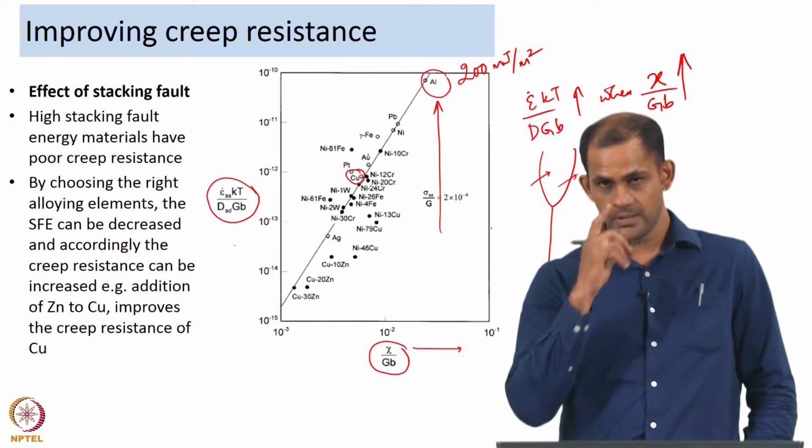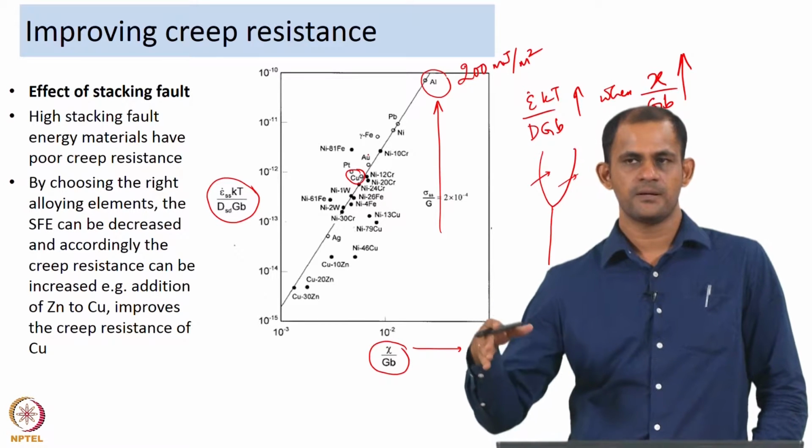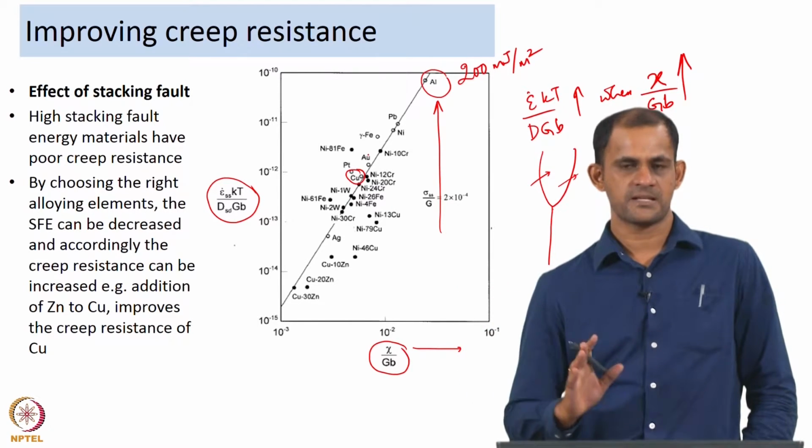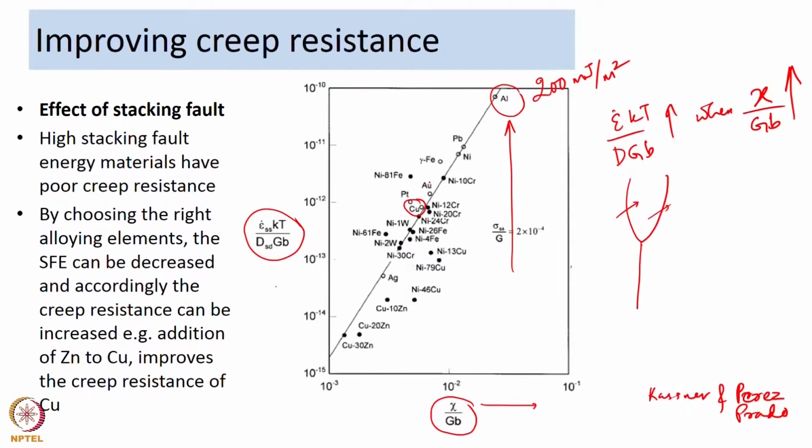So, in aluminum, that is why you see a lot of cross slip. The dislocation finds it easy to move from one plane to another plane and does not have to form any stacking faults. On the other hand, in copper you see a lot of stacking fault formation, because in copper the stacking fault energy is around 80 millijoule per meter square. So, you see copper has a lower creep strain rate of deformation compared to that of aluminum. That means copper is more resistant to creep deformation.